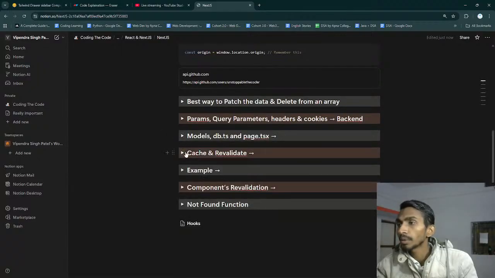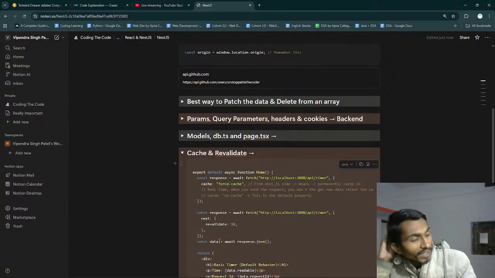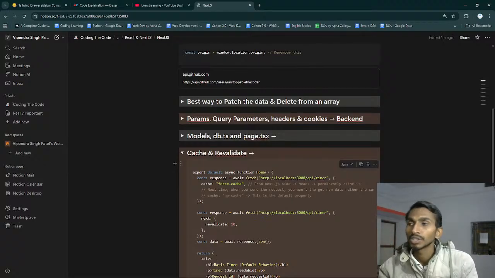And lastly, I have cache and revalidation. This is something mainly when you send a request to the database, at that time you can cache the result. You can force the cache result, so that the result is cached, and whenever the next time you get that, you will be getting the cached data. The other thing is that you can actually